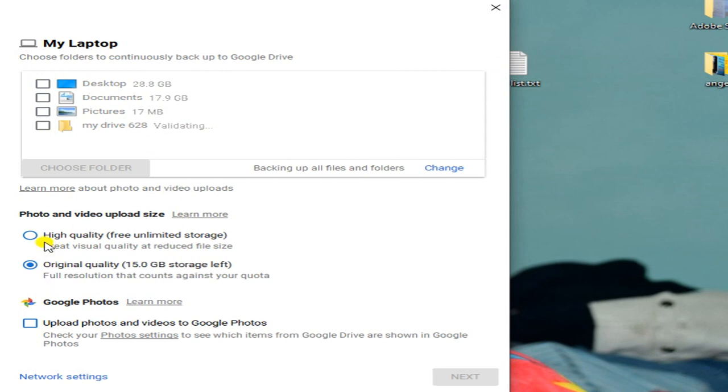Here 2 plans are available: high quality, free unlimited storage, and original quality, 15 GB. You can choose either of the plans. Suppose I am choosing high quality, free, unlimited, and I will click on the next button.